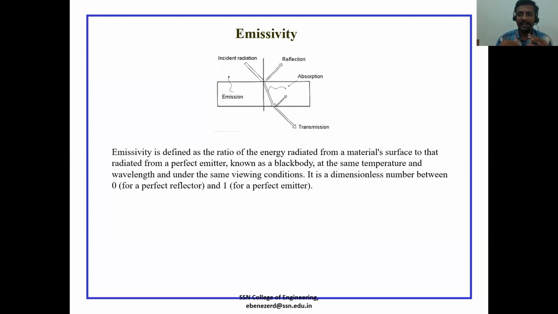Now all other objects are measured in comparison to that black body. That means how much radiation the material emits compared to how much it would have emitted had it been a black body. If the same material had been a black body, how much it would have emitted, but being a gray body, how much it is actually emitting. That ratio is what is called emissivity. In words, it is defined as the ratio of energy radiated from a material surface